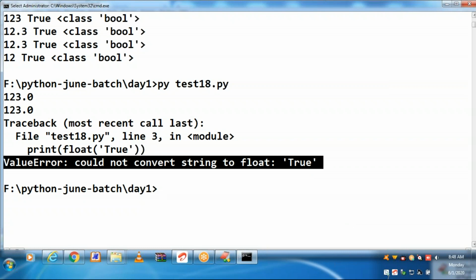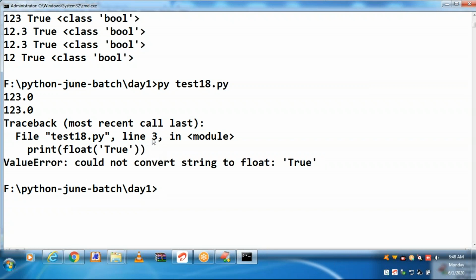If the supplied value is unable to convert into the desired type, you'll get value error. Whatever value you are supplying, if that is unable to convert into the desired type, then you'll be getting value error.